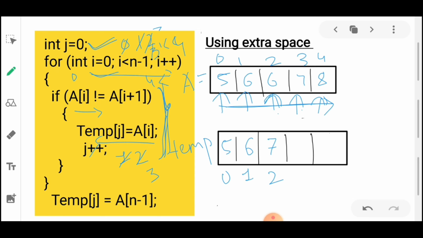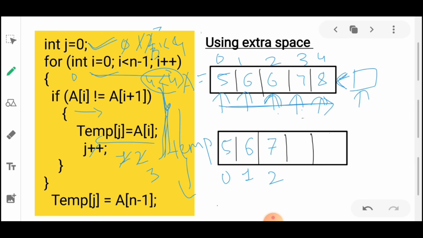So 4 is less than 4, condition false, we'll come out of the loop, but the last element is remaining. Because we have nothing left next to the last element, we cannot check it with a next element, as there is no next element to it.